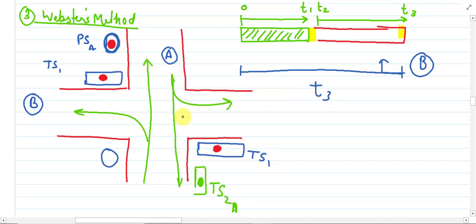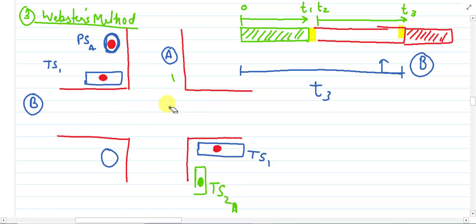Okay, so what we will do, we will provide another time, an extra time which is your red time. Okay, this is your red time, extra red time, in which the movement of traffic will be restricted. So if this is the red time, means there is no movement on B road, and this is the extra red time provided for the B phase, means there is again no movement on B road, means the pedestrian can move in this direction, as well as in this direction.